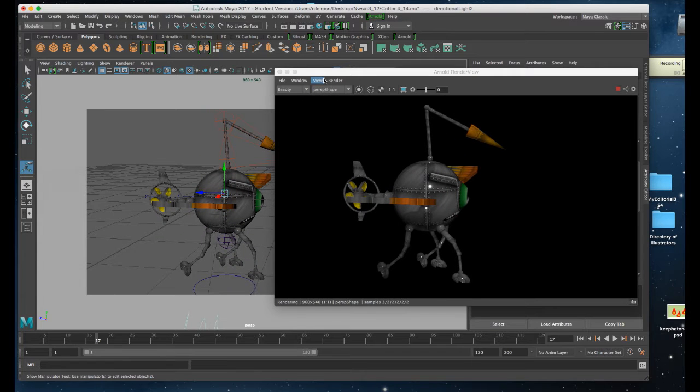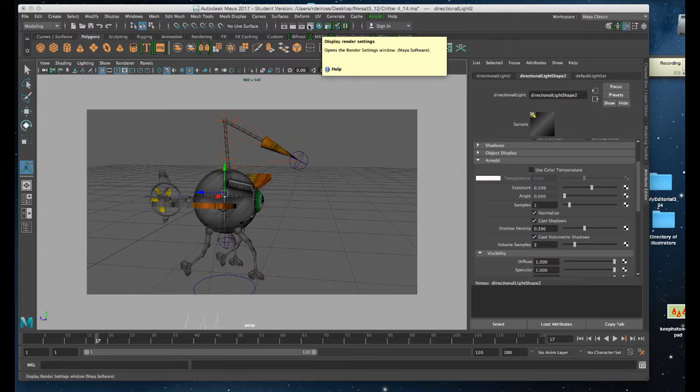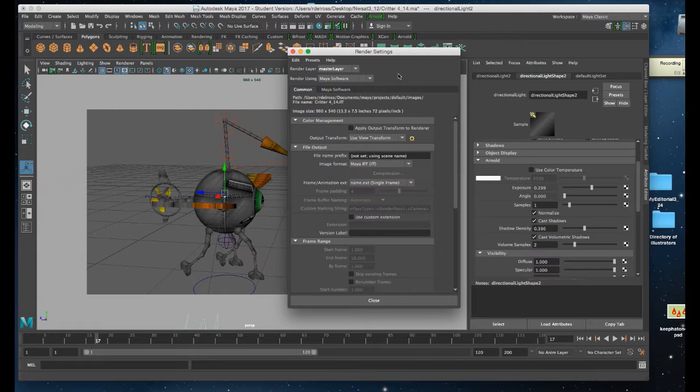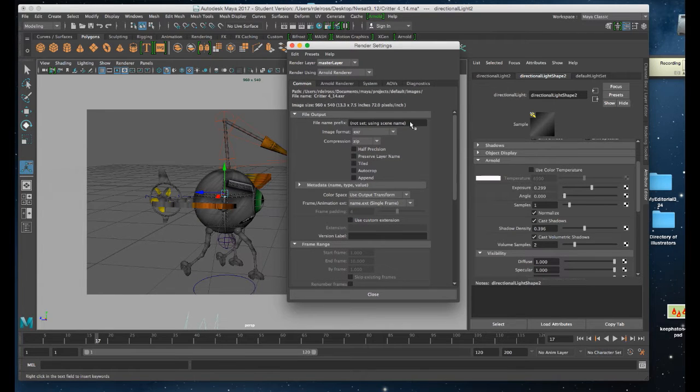Now I'm going to set the render settings. So I'm going to close this out momentarily, and I'm going to go to the gear Hollywood clapboard at the top of the user interface directly below the word Deform. I'll click on it. I'm going to make sure that the Arnold render setting is activated. I'm going to name the file,